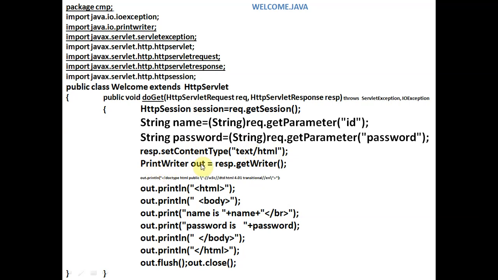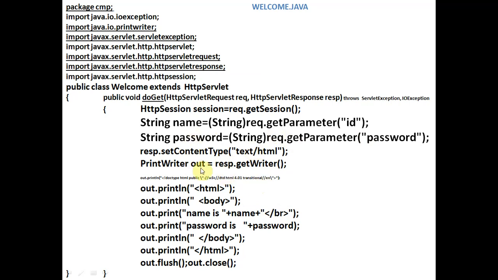So out is the object of PrintWriter class, and response.getWriter. So this response, means we have one response object, the response.getWriter. So we'll obtain the writer for the response class. So means this response will be written on client, and out is the object of this.